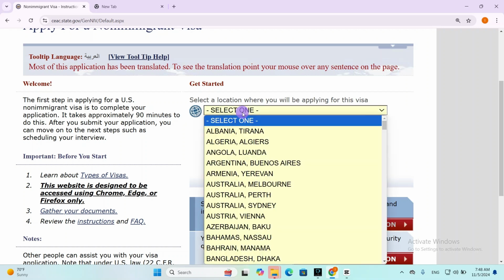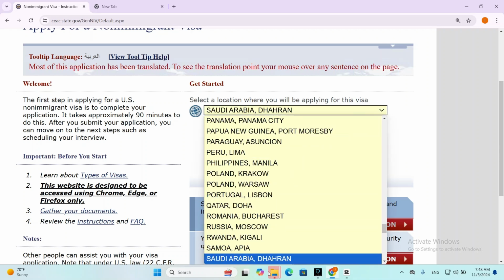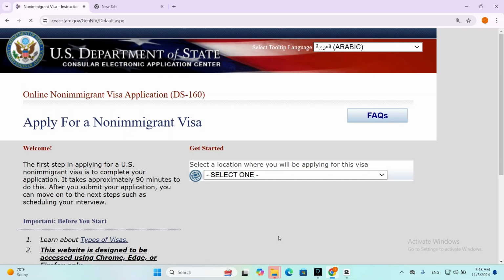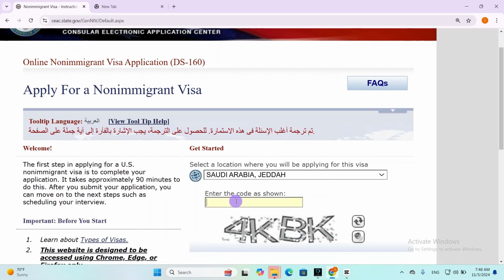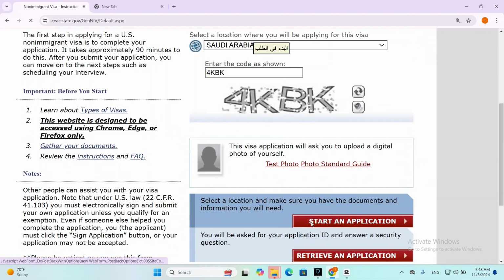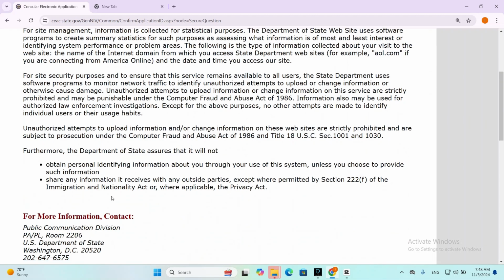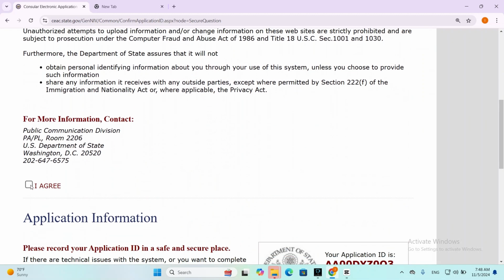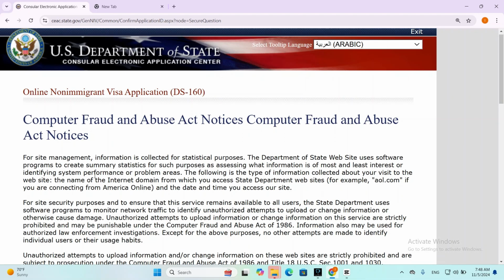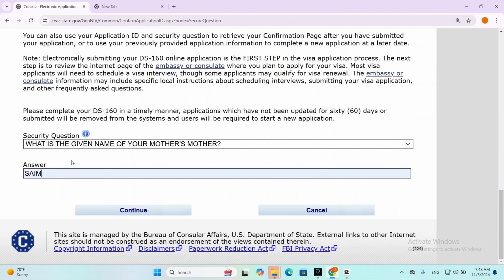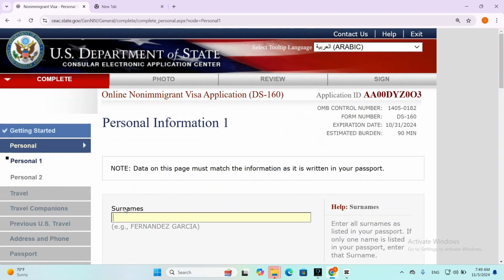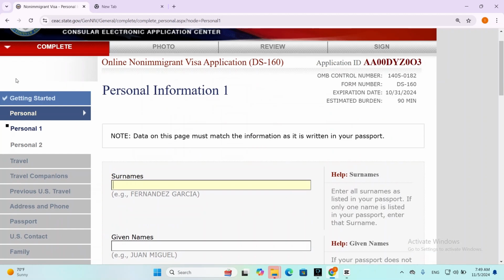E160 form, you have to select first of all your country and residence. After that you have to select captcha, you have to write captcha in the application, new application, then agree. After that you have to select name. After that you have these steps, your personal information,